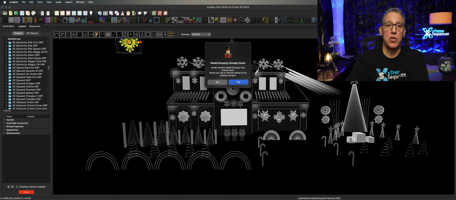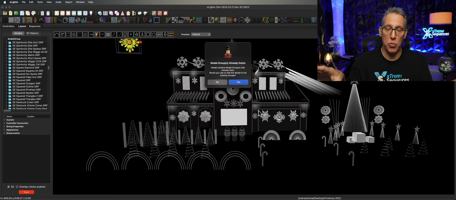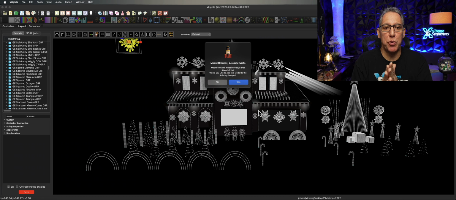So specifically, let's look at this for my sequences. This would be great practice, and you can apply this across the board with everything you might map in. The first box that pops up says model contains model groups that already exist. Would you like to add the model to the existing groups? Yes.